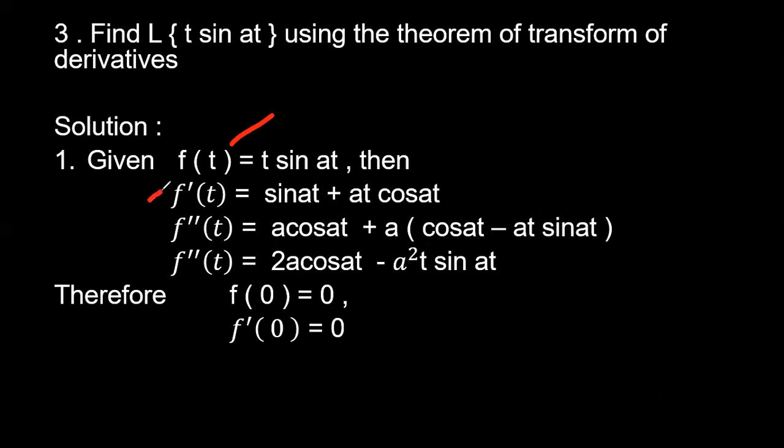So we have done the first time differentiation and the second time differentiation. Now we have to apply the initial conditions. At time t equal to 0, we get f of 0 is equal to 0. For the first differentiation, f dash of 0 at t equal to 0 is also 0. This one is 0 and this one is also 0, 0 plus 0 you get as 0.